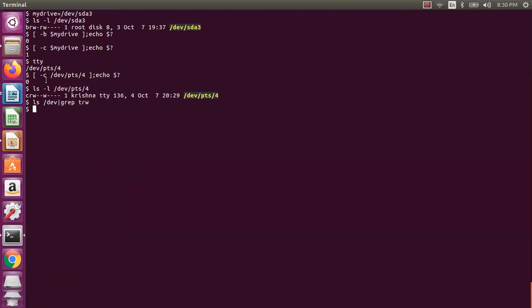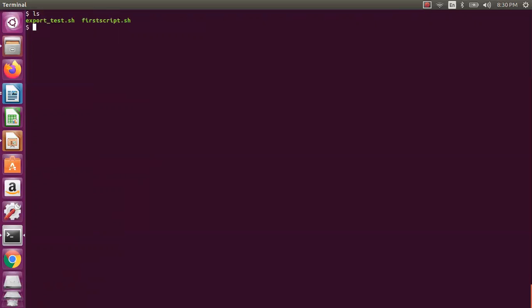Whenever we see that one with the terminal, it is not giving correctly, because that is false. So this is treated as a character special file. This b stands for block special file. So we have seen basic file, directory, block special file, character special file, like that. Now let us assume ls.